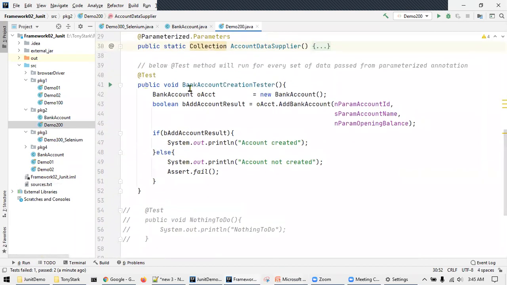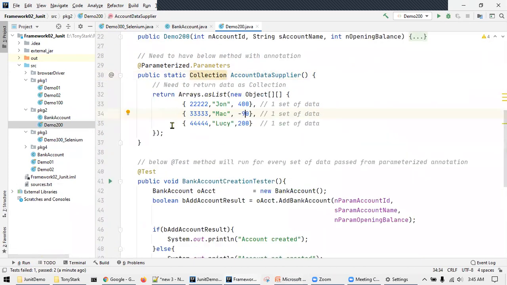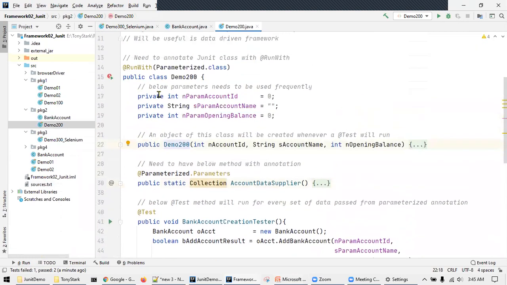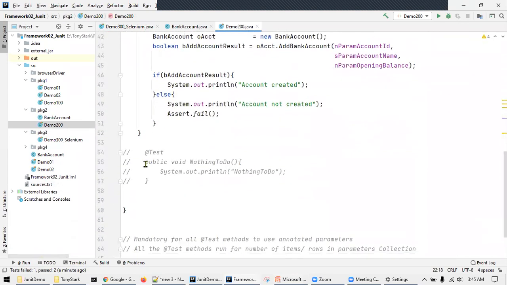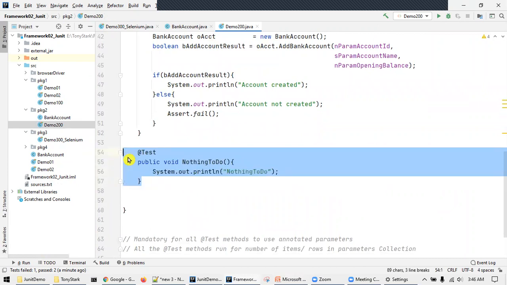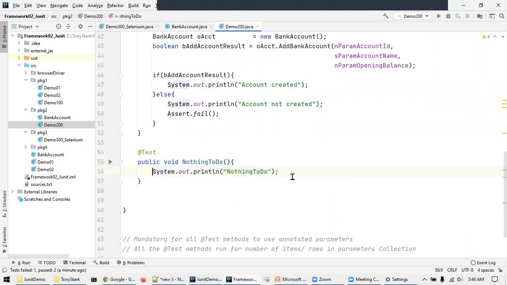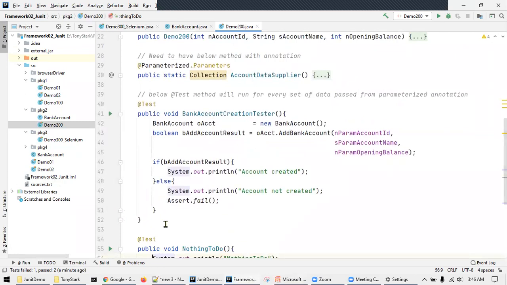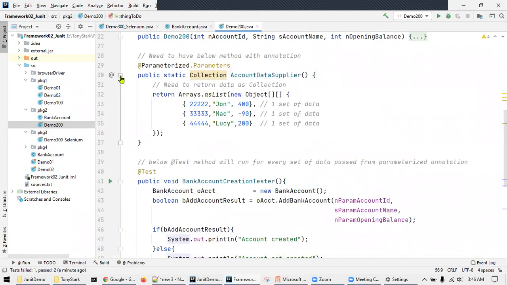What happens is, as we have discussed, this data will be passed to this constructor, and the object of this class will be passed for every test method. If you see, this is one dummy method that does nothing, just a print statement. Because there are test methods defined here, and there is parameterized data which will be passed to every method,